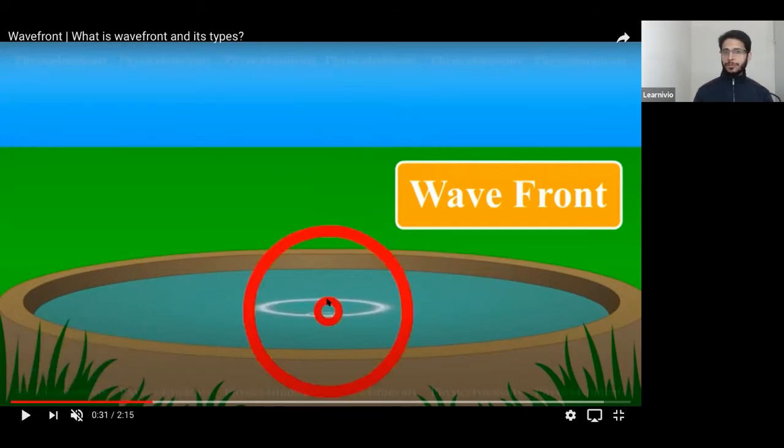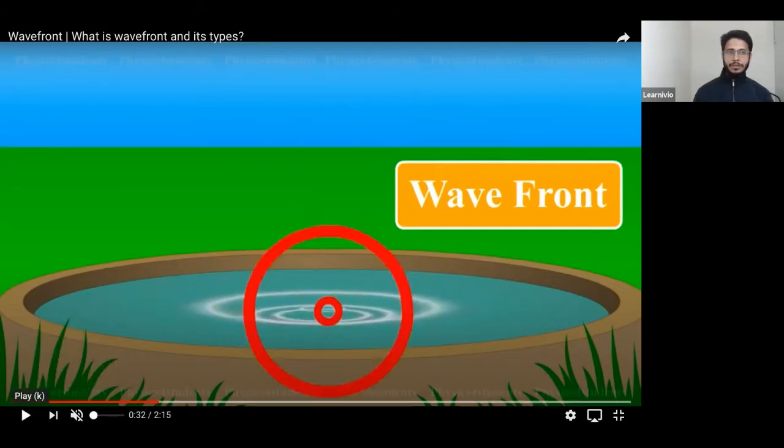So this stone is basically the source of disturbance. When you drop this stone into it, this stone will generate a wavefront. It will basically generate some disturbances. All these disturbances which are at a fixed distance r from the stone are known as a wavefront. The stone generated the first wavefront, the first wavefront will generate the second, the second will generate the third, and this way,